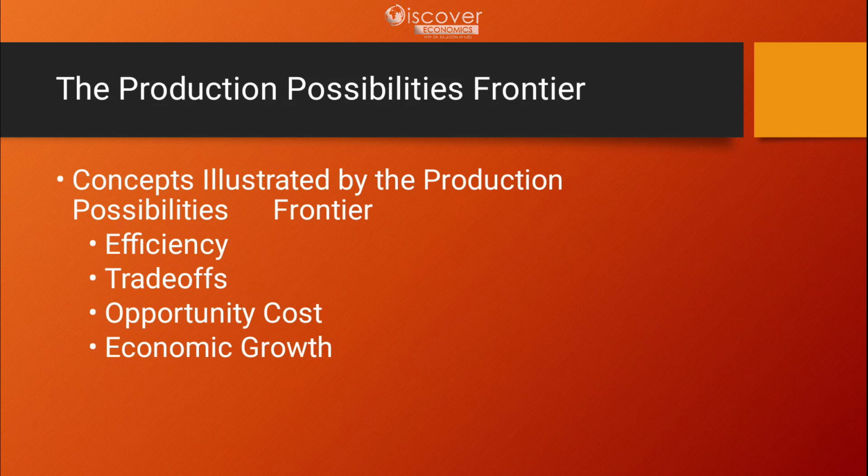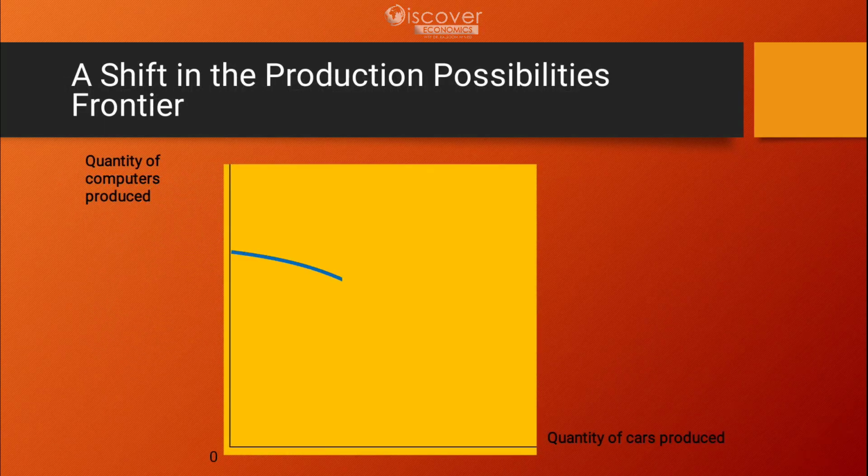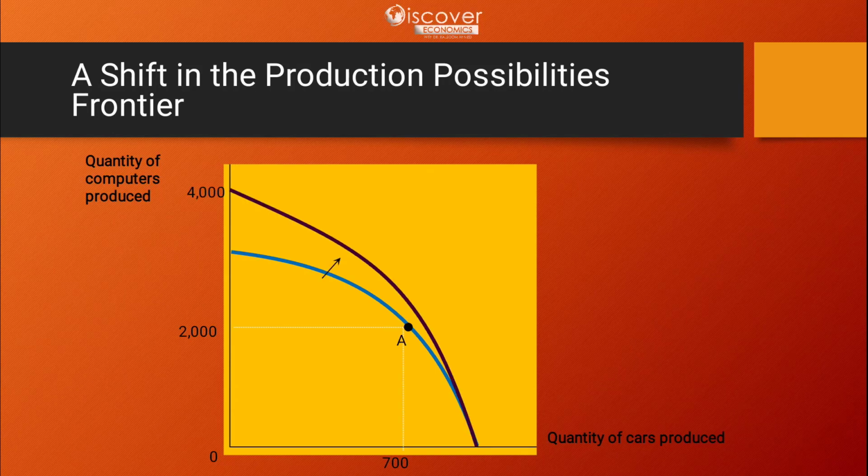And then economic growth, if we improve technologically, or we have some better production options, or anything can happen. All these are going to contribute to improving the production possibility curve, and it may move outward. Let's see what is happening here. On one axis we have car production, on the other axis we have computer production.